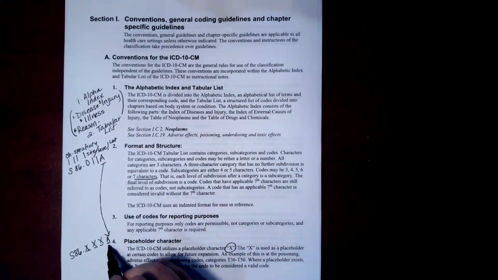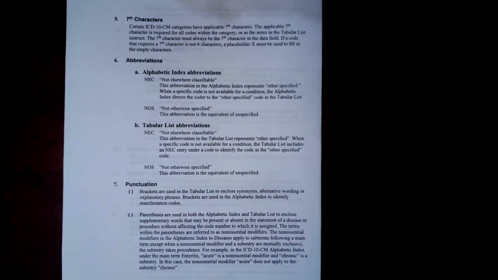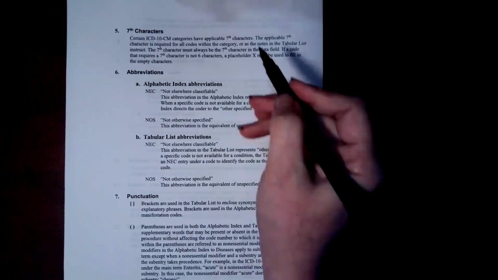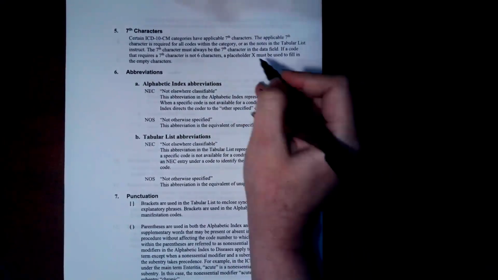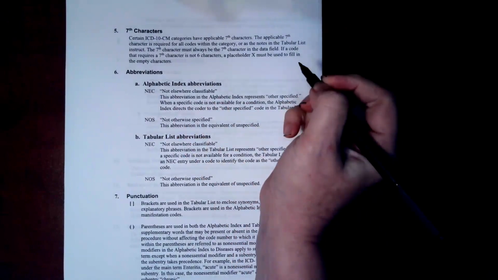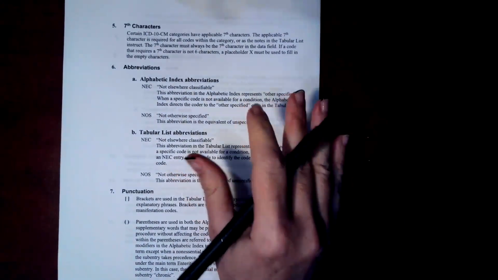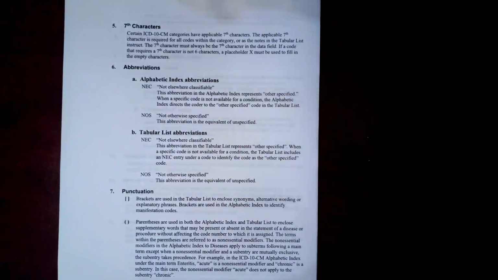Does that make sense, friends? Let's go on to the next. This is advising us that the 7th character can only live in the 7th character. It can't live in any other character. So they're just reiterating that same information to you over and over again. Next, we're going to come to